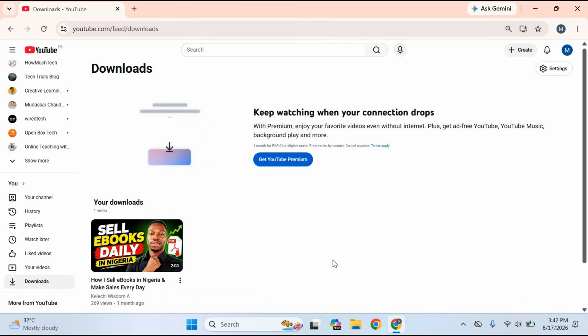You can repeat the same process whenever you want to save another YouTube video for offline viewing. Just open the video, select Download, wait for the download to finish, and then access it later from the Download section. And that's it. You now know how to download YouTube videos to your PC or laptop using